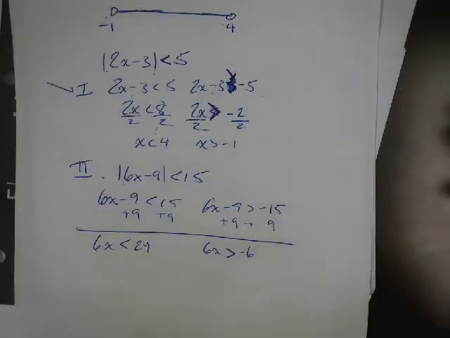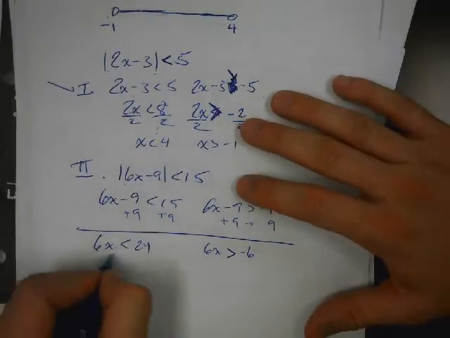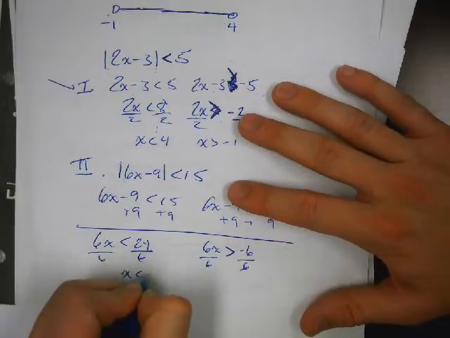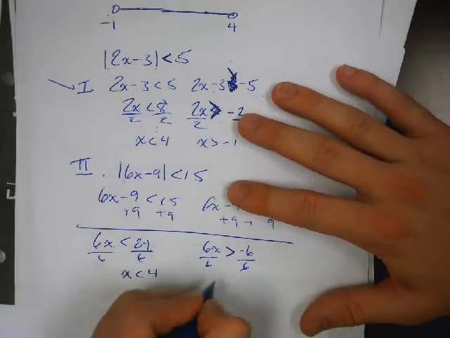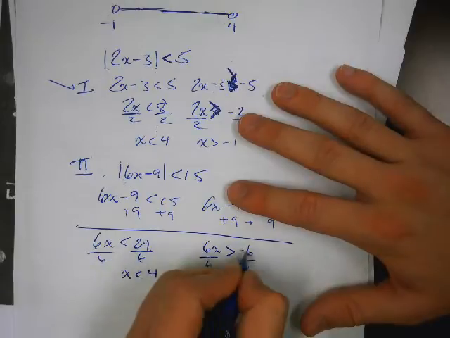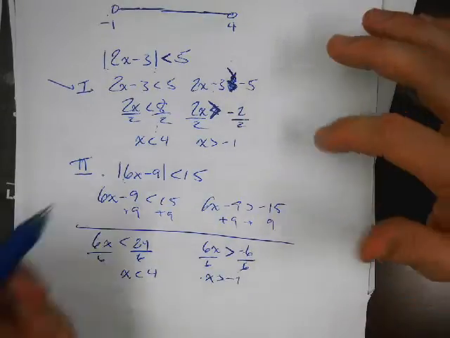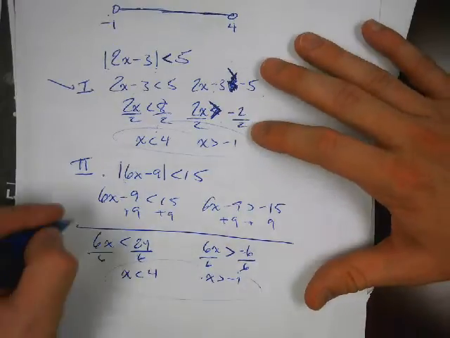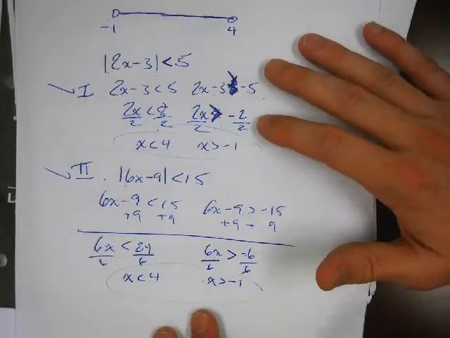So then we can divide by 6. And we get x is less than 24 divided by 6, which is 4. And then x is greater than negative 6 divided by 6, which is negative 1. So here we get the exact same thing that we got in our other option, so 2 works for us as well. Now option 3